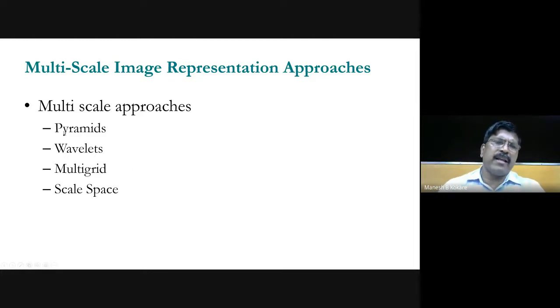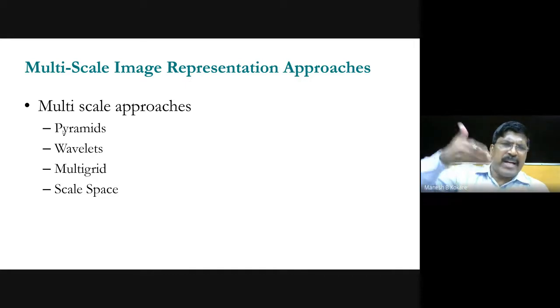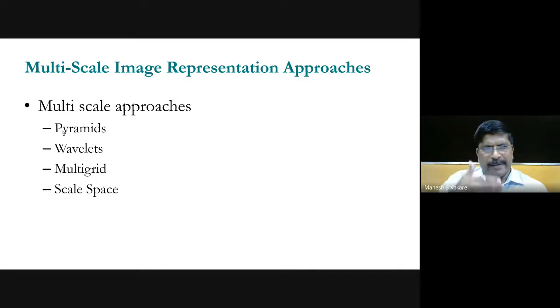One technique is you can represent the image as a pyramid with multiple scales. You can also represent the image with multiple scales by using the wavelet transform. You have a separate subject on that one. So one-dimensional wavelet can be extended to two-dimensional wavelet, and then after decomposing the image for several levels, you can represent the image with multiple scales. And you know that at every scale, you get different spatial frequency information. From that spatial frequency information, you can do the analysis of that image and so on. Then the multi-grid technique is also used, and the scale space approach is used.